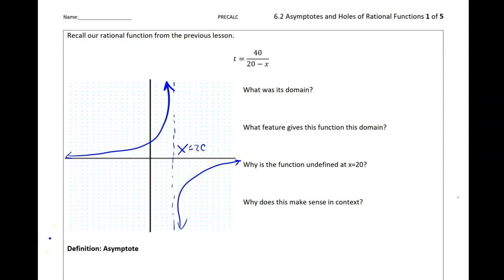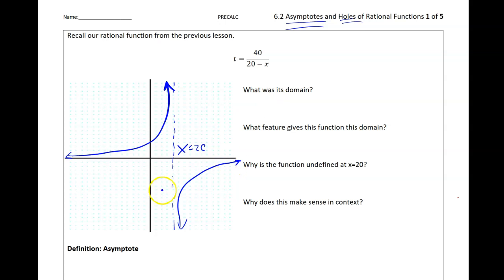All right, ladies and gentlemen, in this lesson, we're going to start by looking at our function from the previous lesson. So remember, this was a function about riding your bike into the wind. And as you get close to 20 miles per hour of wind, the time it takes you to get anywhere goes up and up and up, right? We're going to answer some questions about this function in order to investigate these ideas of asymptotes and holes of